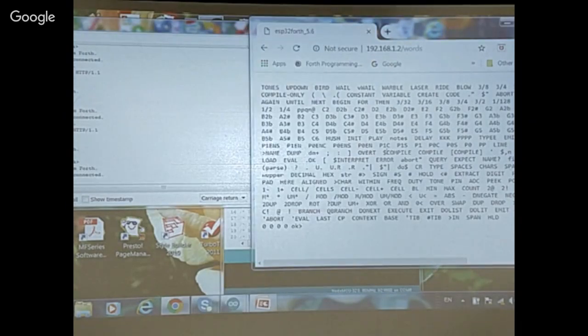I have this router. The name of the router is SVFIG, all capitalized, and the password is 12345678. If you can log on to this thing,